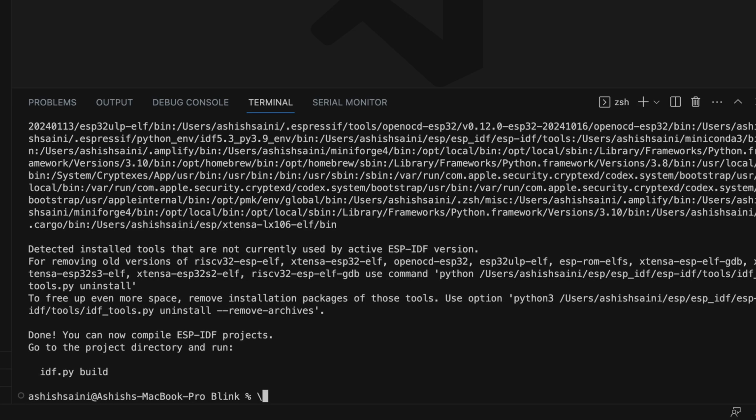So now I will be able to execute the idf.py commands. I can run this, but currently it won't do anything. Instead, it will show an error just because we don't have the project created yet. So firstly, we'll have to create the project, and that we will create using the idf.py